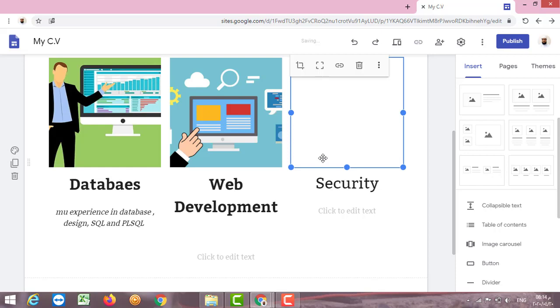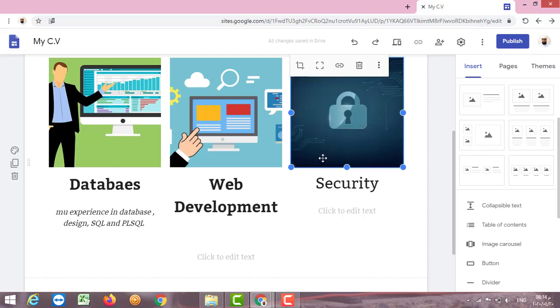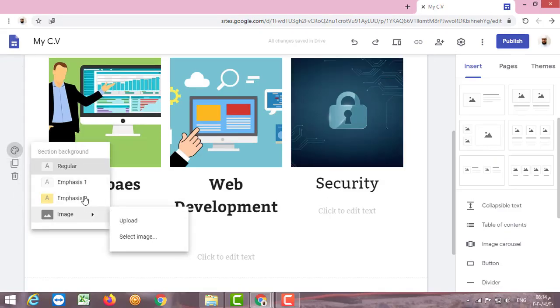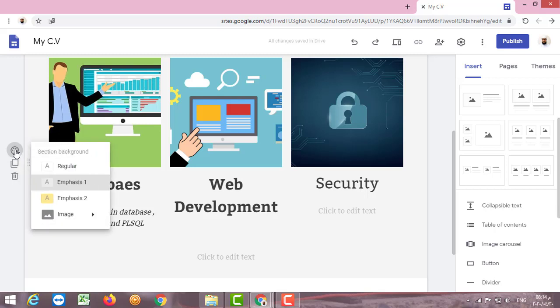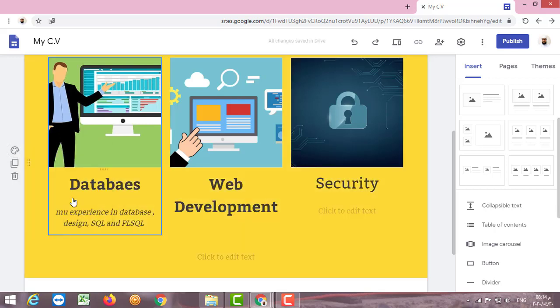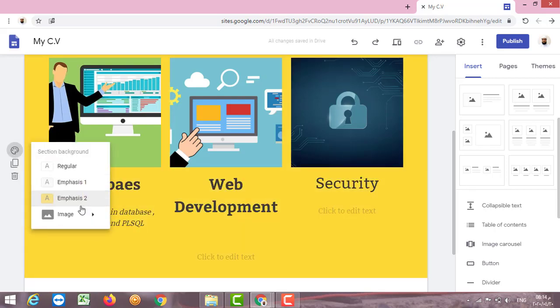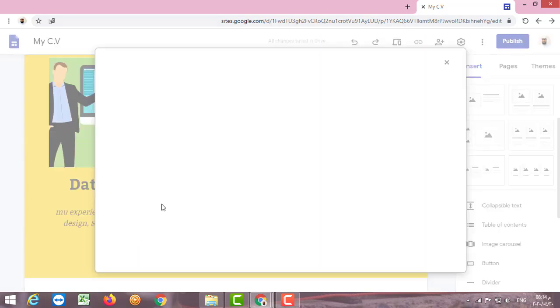Now we have completed the content of the home page. In this icon we can change the background. If I click here, we have, for example, this, and we have this option. Also we have image. We can select the image.